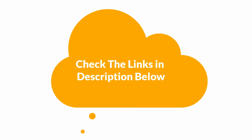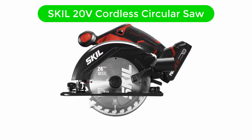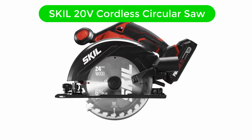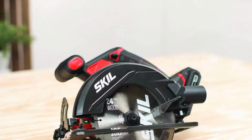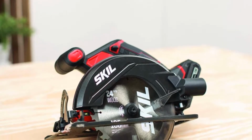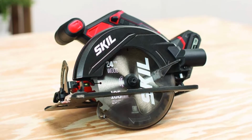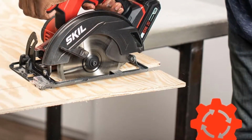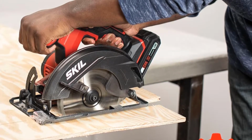So, let's get started. Number 1. Our overall best for the money pick is SKIL 20V 6.5-inch cordless circular saw. SKIL is a fairly less popular brand on Amazon if you are looking for power tools. But as you would expect, it also makes cordless circular saws, and we have mentioned one such option in this article. The SKIL